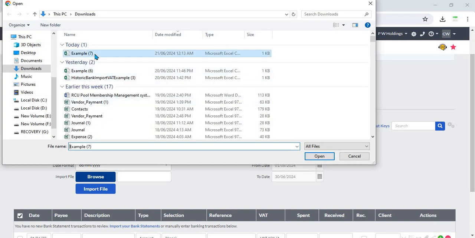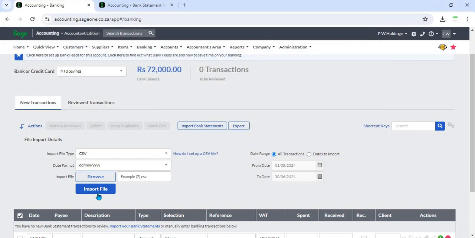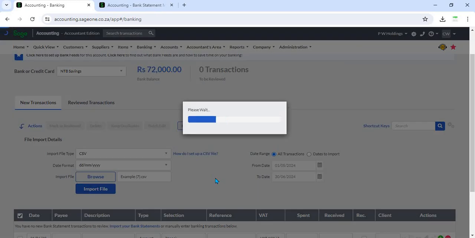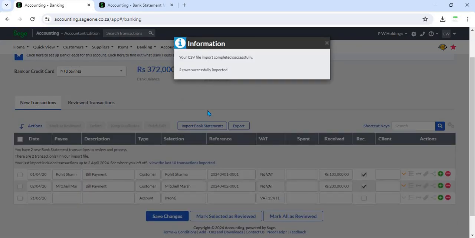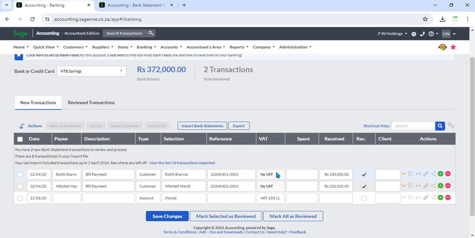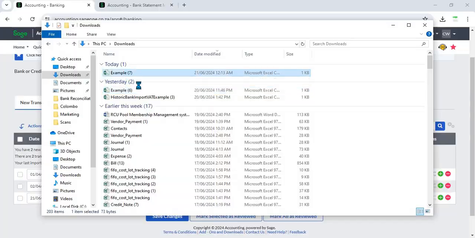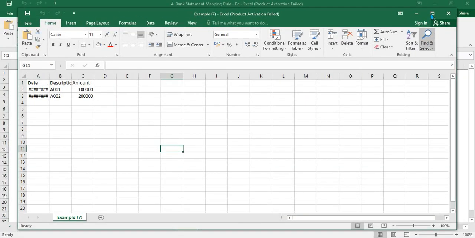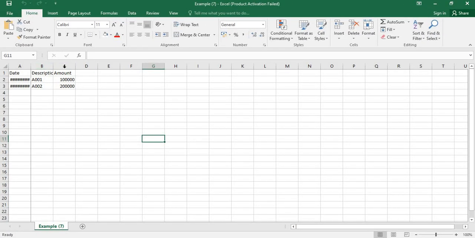You can select the file and click import file. Right. Now the system will display a message that your CSV file import completed successfully, 2 rows successfully imported. So in our CSV file there are 2 lines, so those 2 lines have been imported. We will open that file. Now you can see 2 lines available,